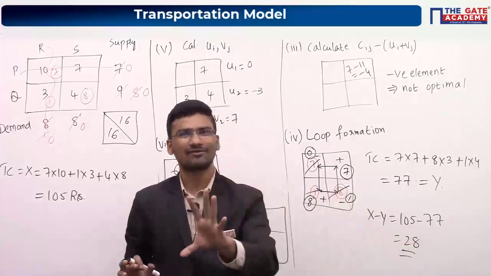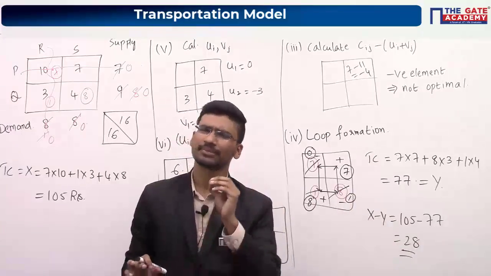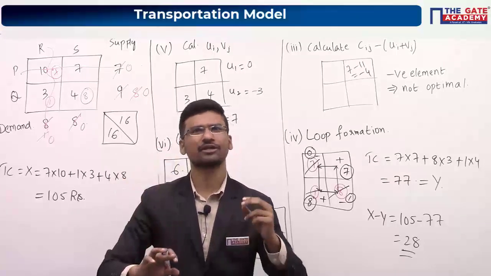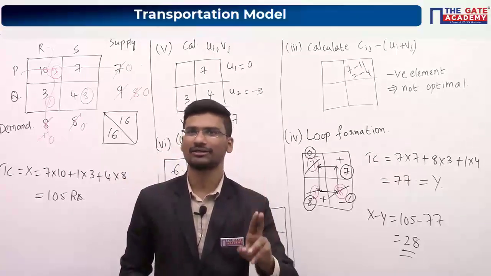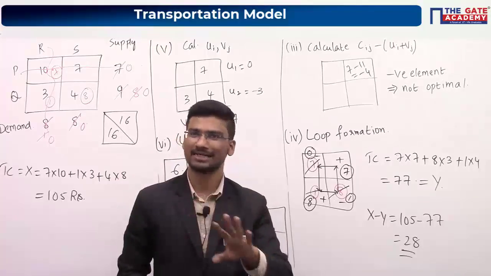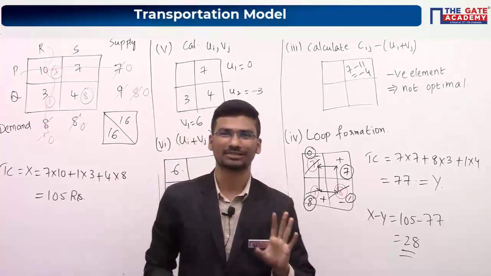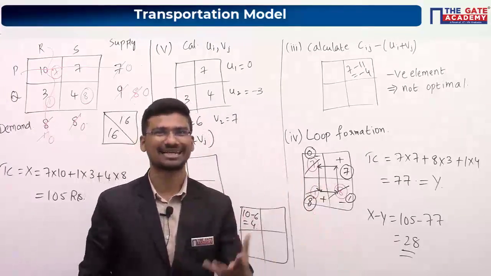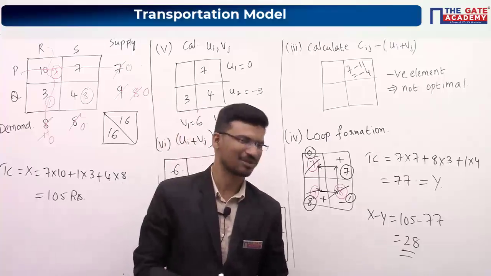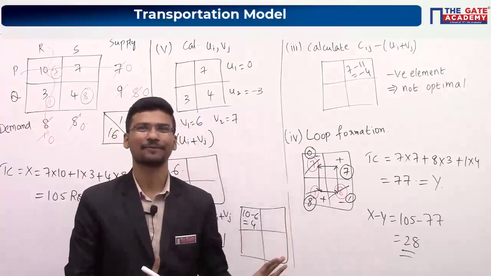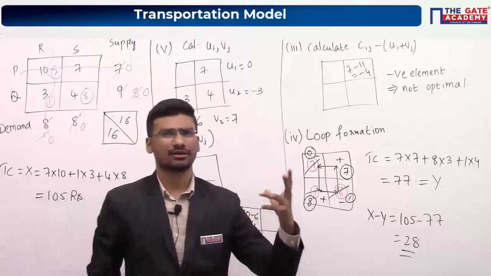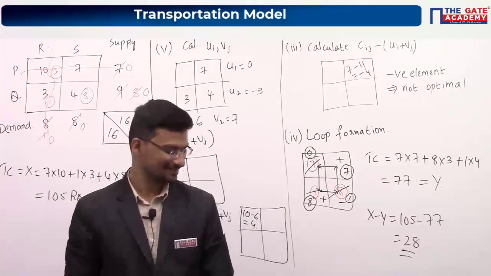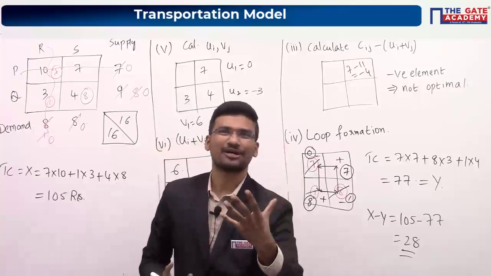Whenever you have these types of questions in the GATE examination, they will give you 2 bonus marks. Everyone will get 2 marks, even if you have attempted the question or even if you have not attempted it. You might be thinking we have done this much lengthy procedure, but still everyone is getting 2 marks. So whenever some wrong data is given or whenever the option is not available, that is what happens.